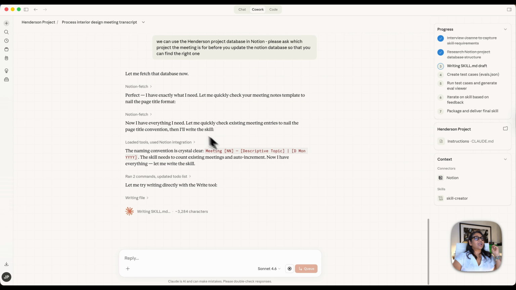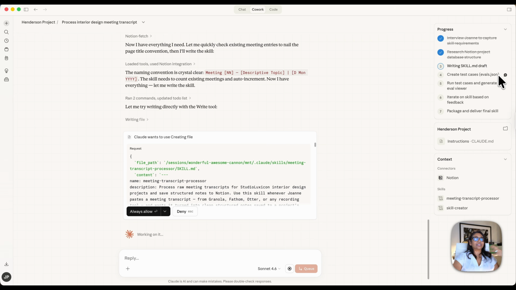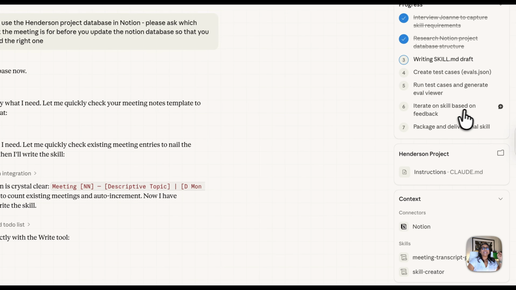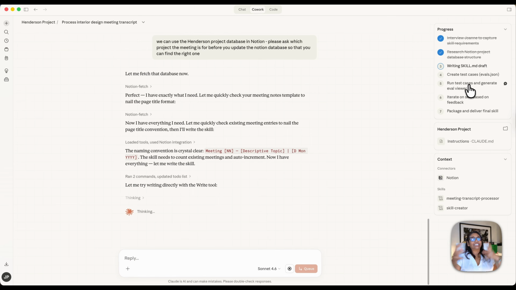The other thing that I want to note is you can see in step 4, it actually creates evaluations. And these are basically test cases where Claude actually generates dummy information and then will actually test it. And you can see it's asking for permissions as it runs through that skill. It's writing the skill draft, then it'll create the test cases, then it'll run a test case. It'll actually view evaluations, and you can look at the results